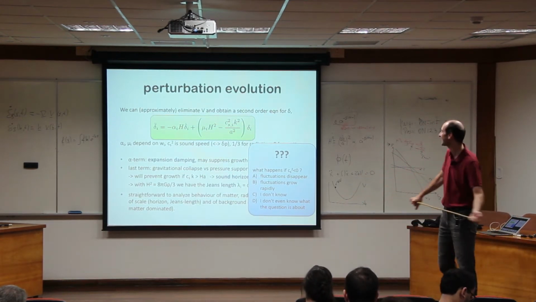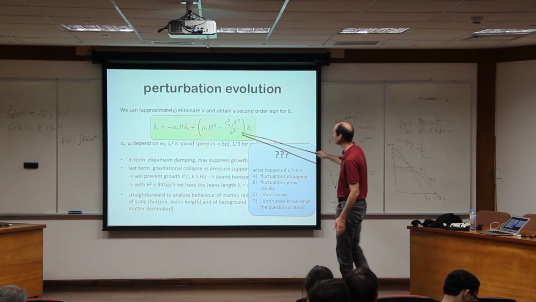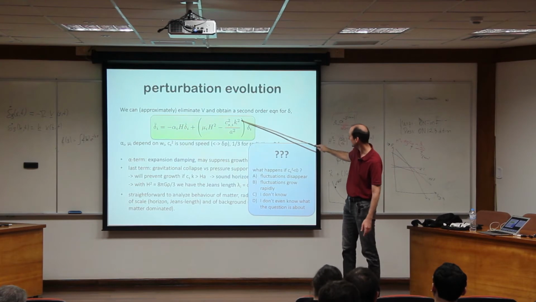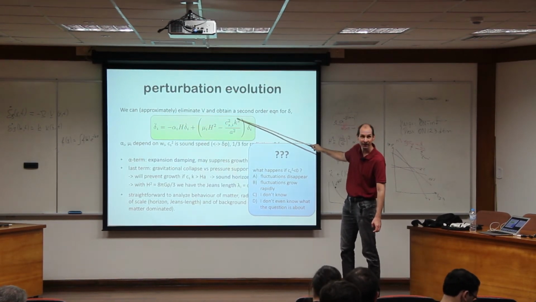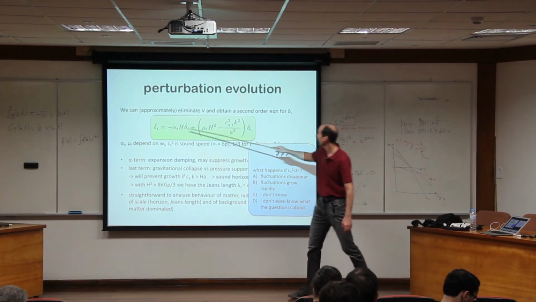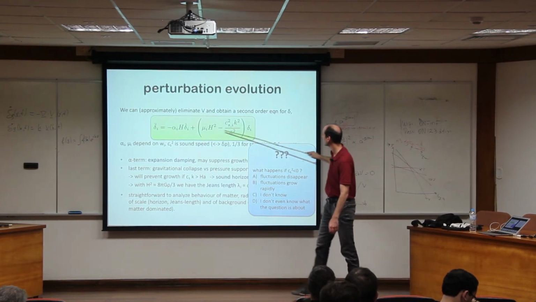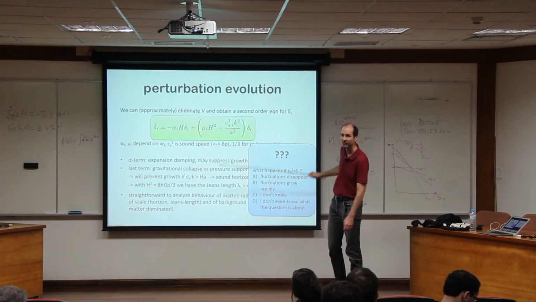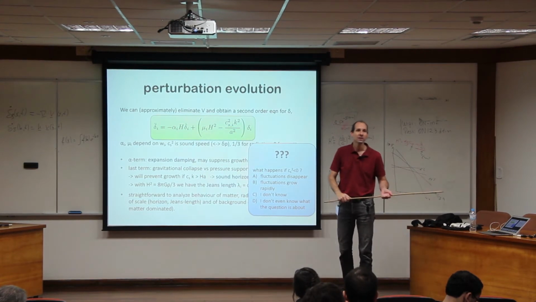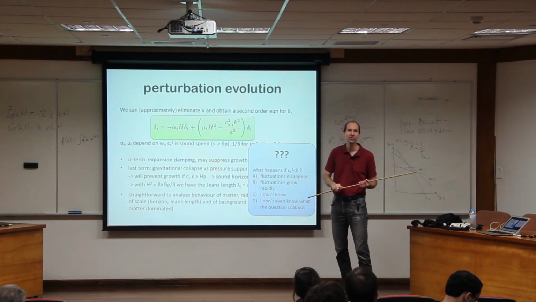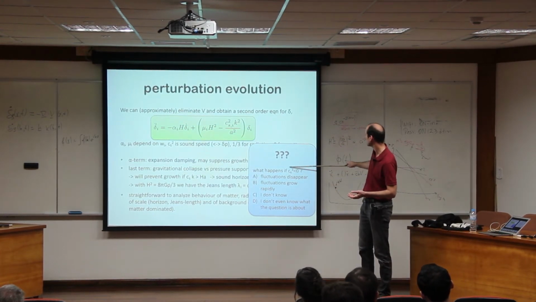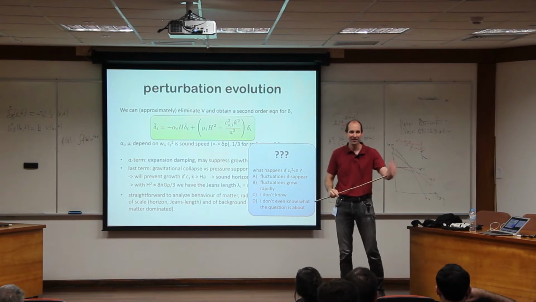So if the CS squared is negative, then this means it's a positive quantity that on arbitrarily small scales becomes arbitrarily large. And so if you have delta double dot proportional to some large number times itself, that gives you an arbitrarily fast exponential growth. And so this is extremely unstable. This is so unstable that your model does not in general survive it. And so if your favorite model has a negative sound speed squared, it's basically dead.